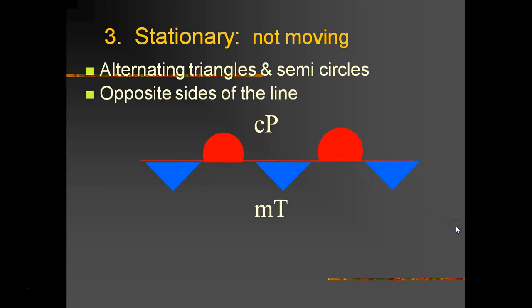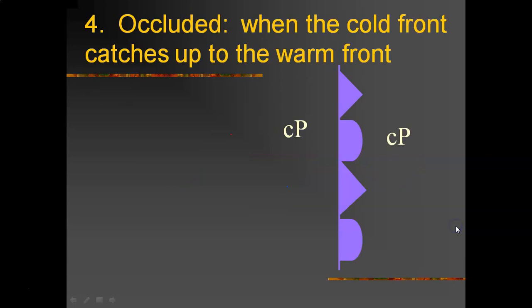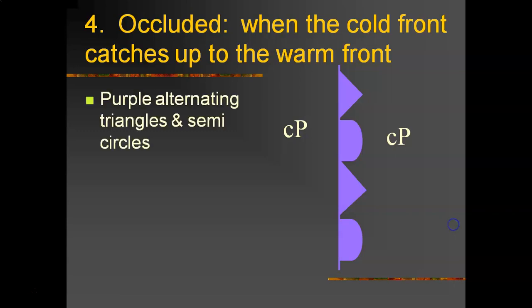Now, there is another type of front that you may not be familiar with. It's called an occluded front. And it occurs when the cold front catches up to the warm front. It's shown on a weather map as a purple line with alternating triangles and semicircles on the same side of